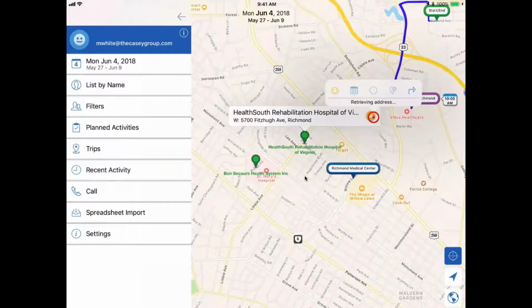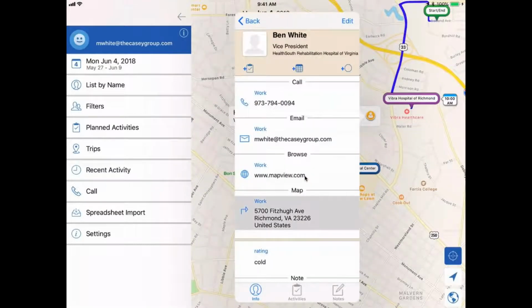And tapping on that will actually bring up the account information. And here you can actually do 2 types of tasks. The calendar appointment is a fixed appointment or an agreement between both parties. So that would mean I was having a meeting with Marianne at 10 a.m.